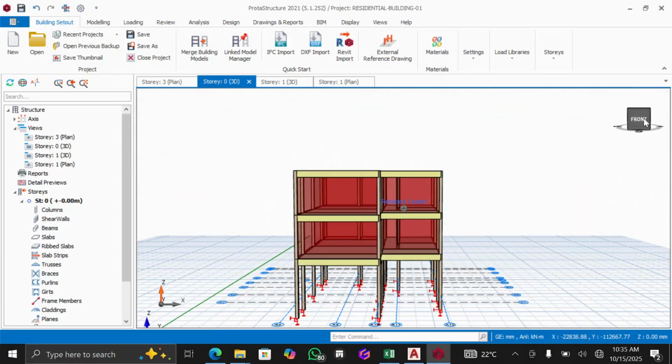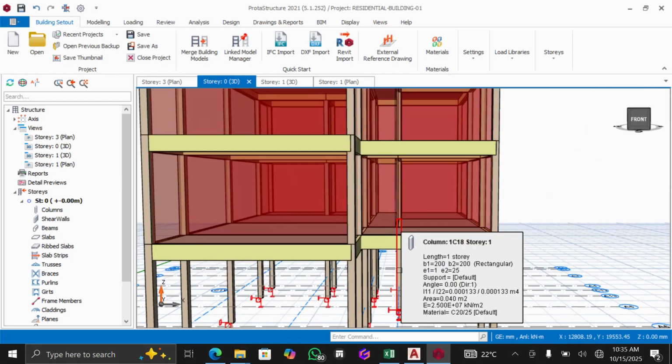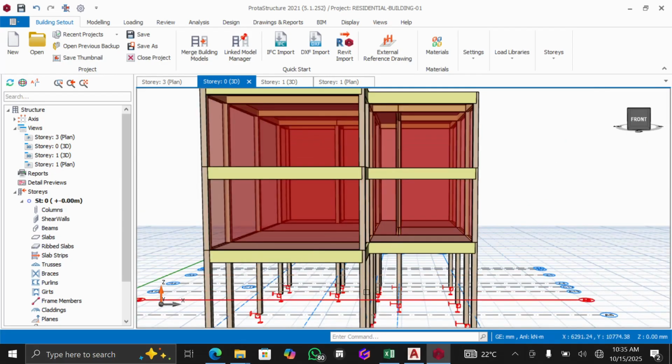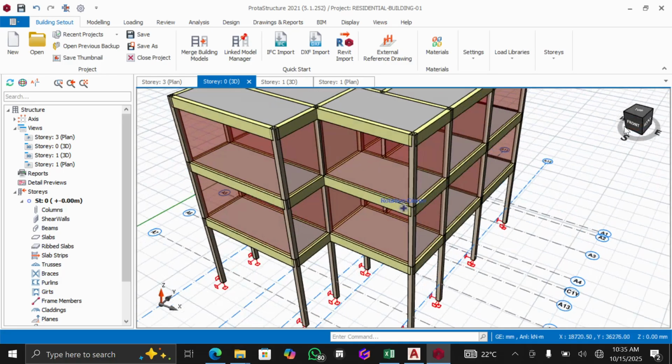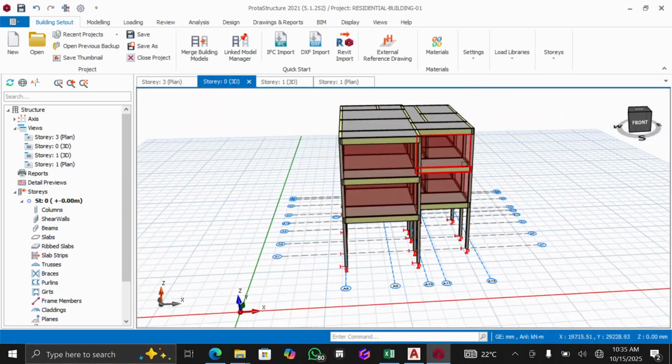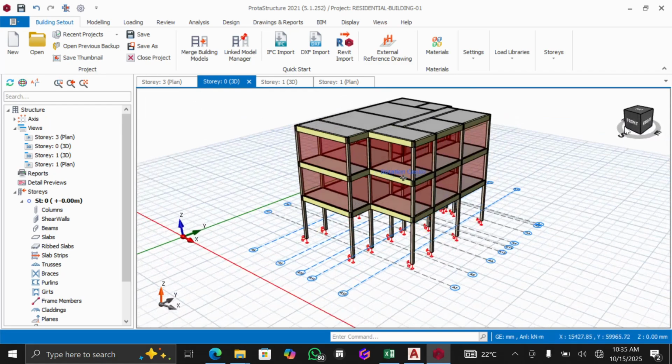So you can see that we have been able to import our building, our structure, into Prota. You saw how we imported our structural elements. We have been able to insert our different beams, as you can see. I've also taught you how to insert the wall loads on your building, and how to insert your slabs onto your structure. You get it? So from this point, the next thing you can do